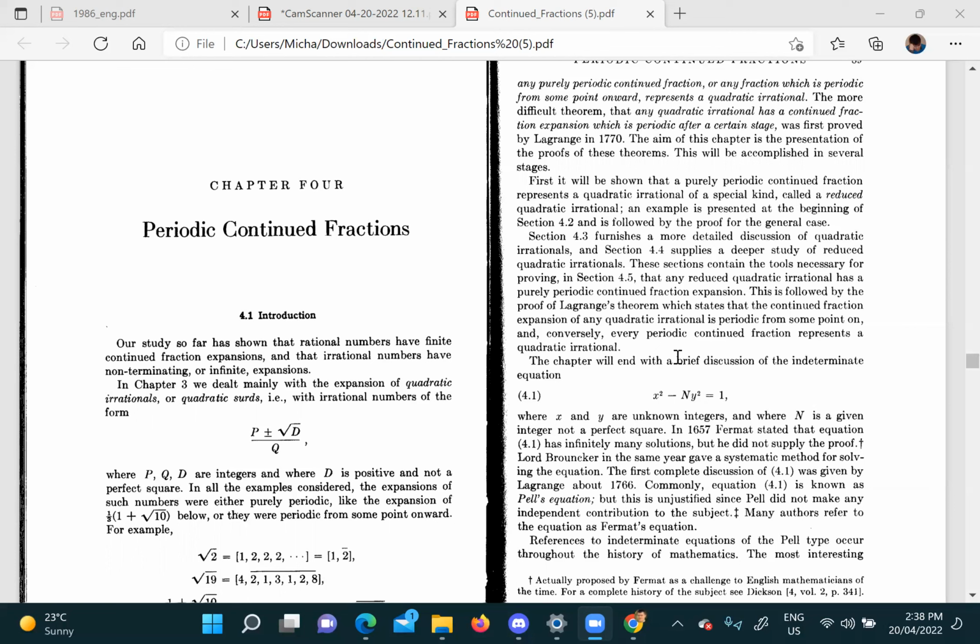Okay, so that's all of section 4.1. Section 4.2 is followed by the proof of a general case. So the first two sections are just doing that. Yeah, so it's really just a very simple exercise. Okay, and then section 4.3,